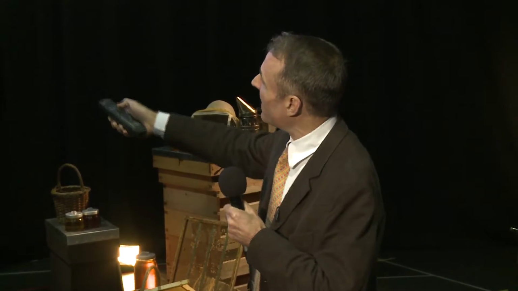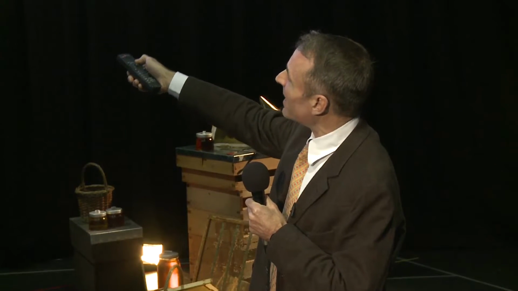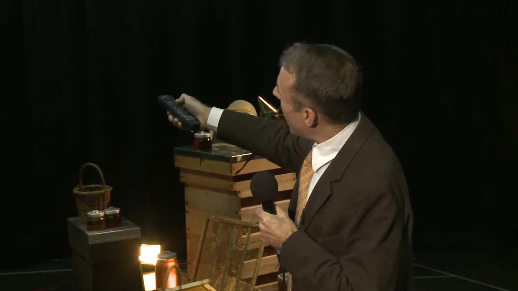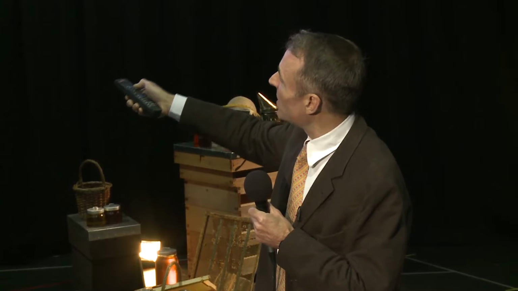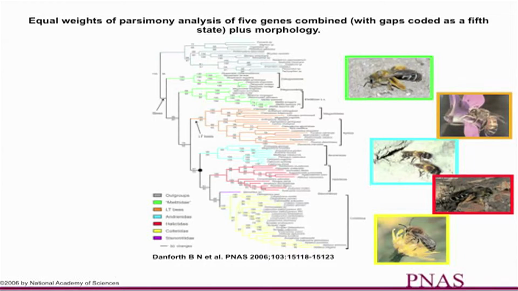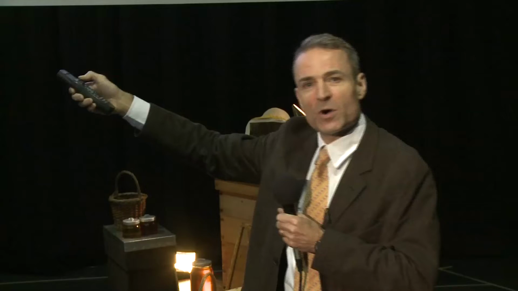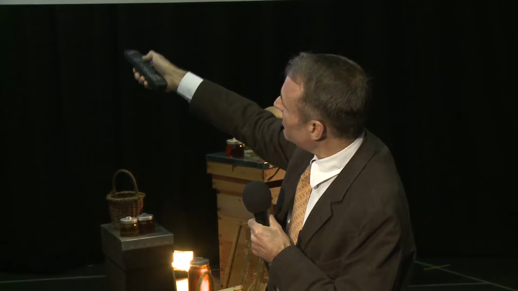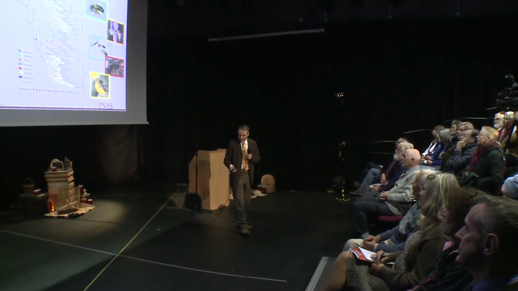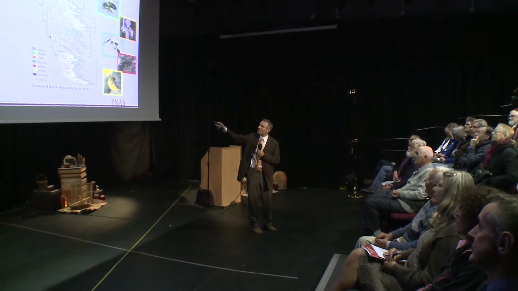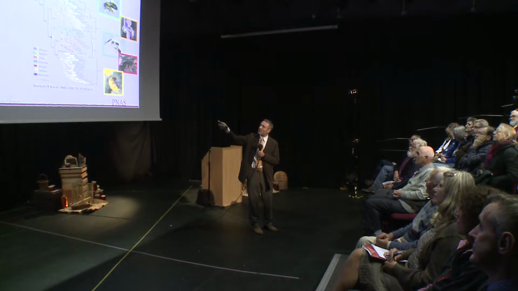And then he's used a statistical program to assemble them together to show genetic similarities. So at the tips up here to the right are those species, and the connections amongst species go back to the left, the branches. So the further back you go, the further back is the ancestral connection. Here we have all the bees. At the base here is the first bee. Out here is an outgroup, some wasps and other insects. So what he's got here is a phylogeny of the bees. Hopefully you'll be able to interpret it: here are the little branches, here are all my species, and here are their connections with one another.